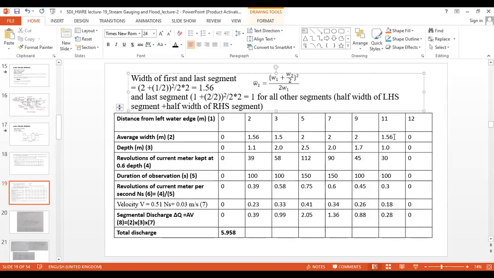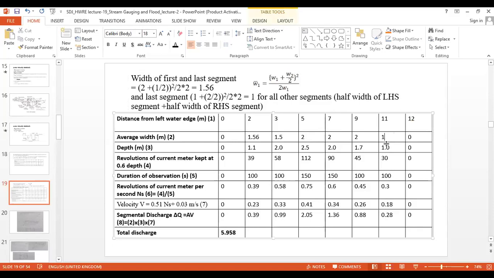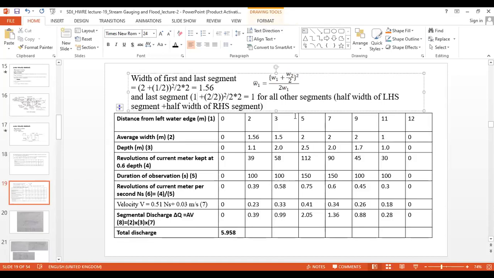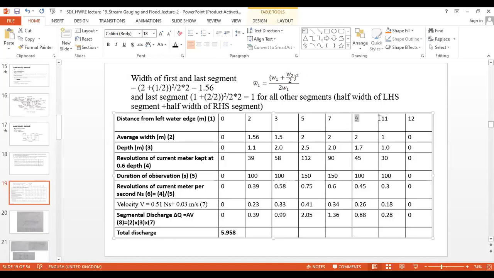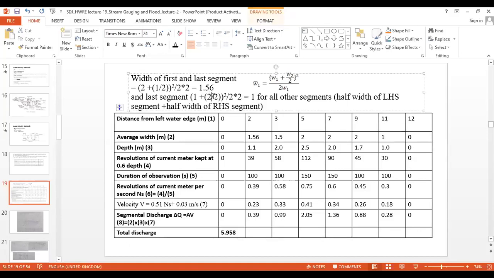Okay, so in the previous part we did the wrong calculations. Have you understood how it comes to be? Width of last segment, that is a WN, we can say कितना है 11 to 12 है, यानी कि वो कितना हो गया 1 हो गया। बाद में उसके प्रीवियस वाला यानी कौन सा 9 to 11, वो कितना है हमारा 2 है। So 2/2, isn't it? So 2/2 is 1, 1 plus 1 as a 2, it's a square, it is a 4, 4/2 into यहाँ पे 1 आएगा, just a minute, into W1 यानी कि लास्ट वाला WN रहेगा, that is a 1, that is 4/2, that is a 2 meters, here will be a 2 meters.